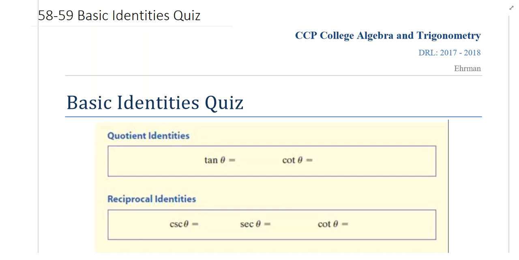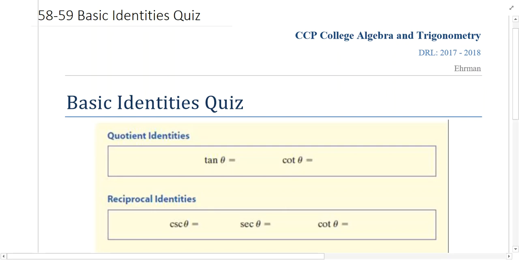Okay, this is my walkthrough of the basic identities quiz. Remember, I'm not collecting this one this week. I do want you to give it an honest try without using any reference material, or in this case, without copying from the video. But I did want to show you my walkthrough and explain my thoughts as I complete